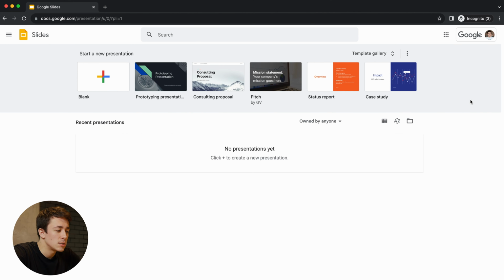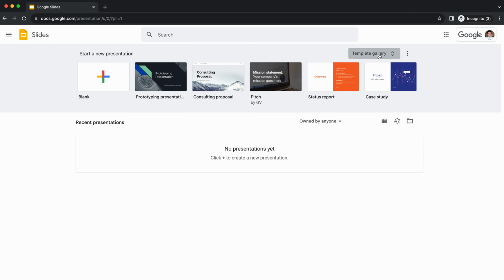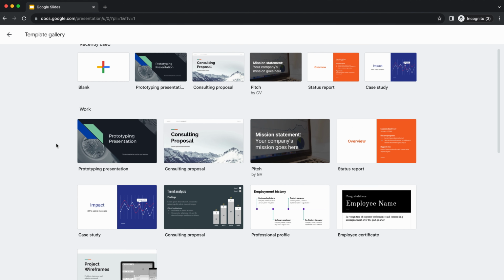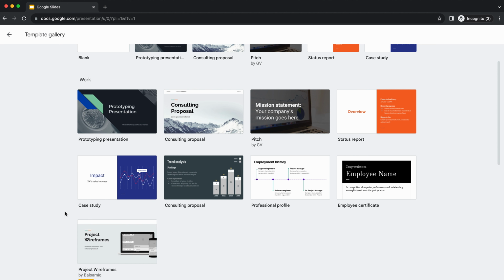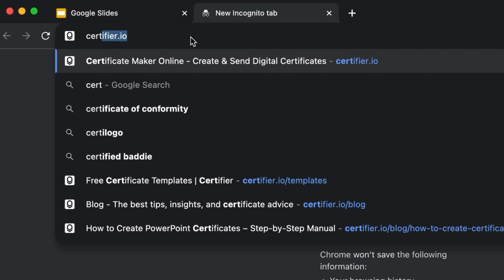Now, before we start, it's very important to find ourselves free editable Google Slides certificate templates. As you can see, Google Slides offers templates of their own. As you can see, most of them are work or case study related, which means that it won't suffice for our goal of creating a certificate template. So I'm going to share with you another place where you can get free editable certificate templates, not only Google Docs, but many other different formats, and that is